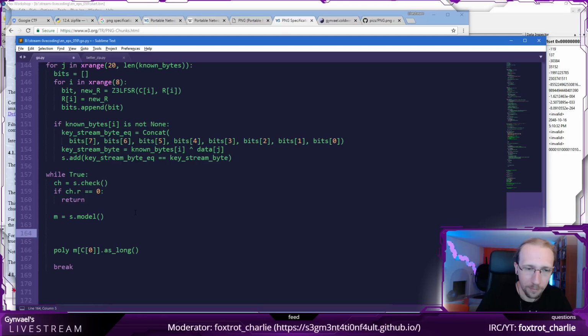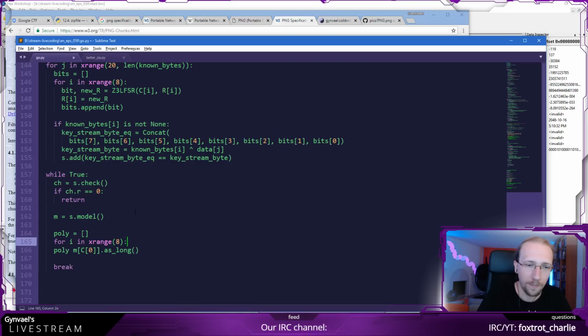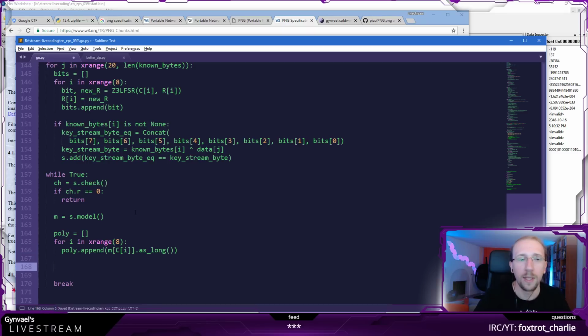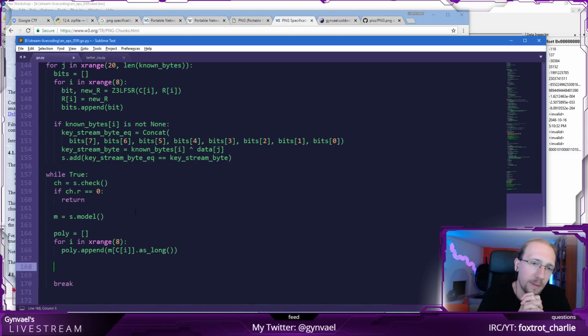Now, let's do it like this. So the polynomials for i in xrange of 8, poly append, and we add the polynomial to it. So yeah. Okay, and now having all these polynomials, what we can do is, actually, well, we can do it a little differently.